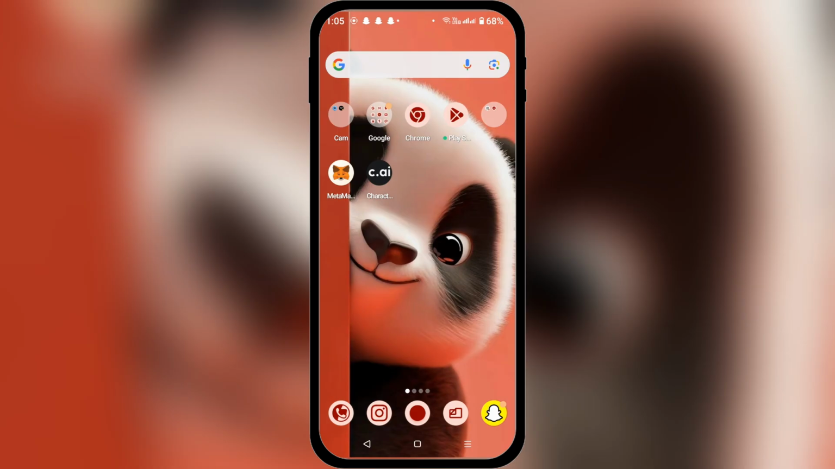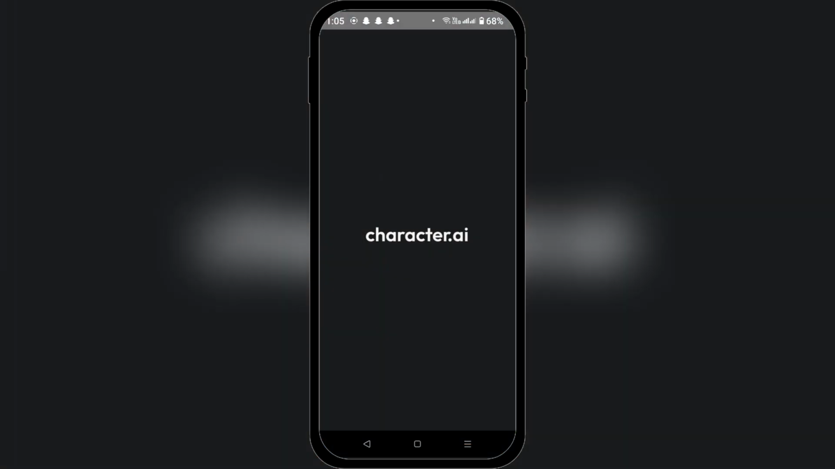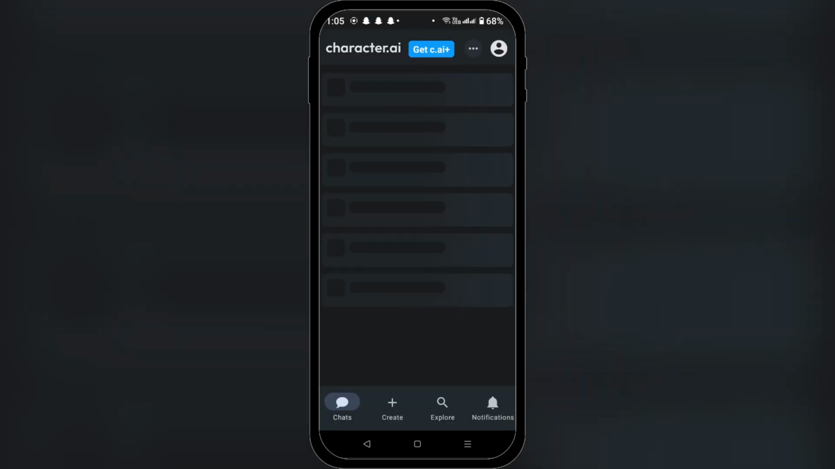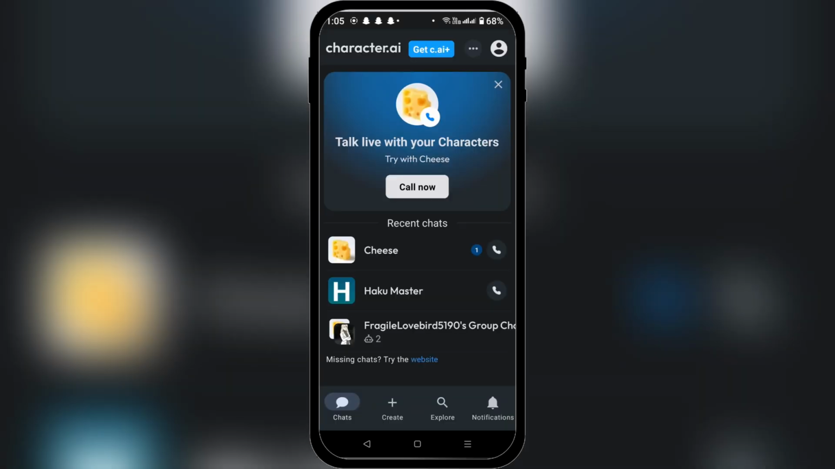Alright, let's dive into the topic. First of all, open your Character AI app. Make sure that you have already logged into your account. The first thing that you can use to set the scene is to paint a picture with